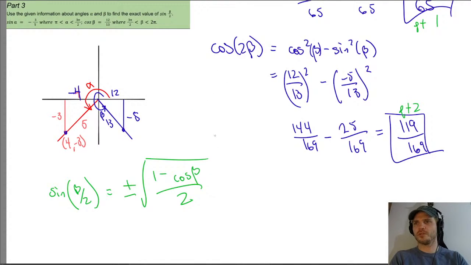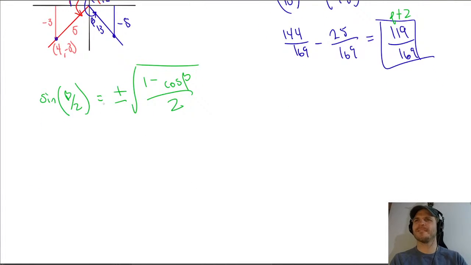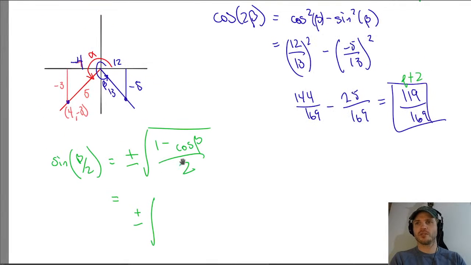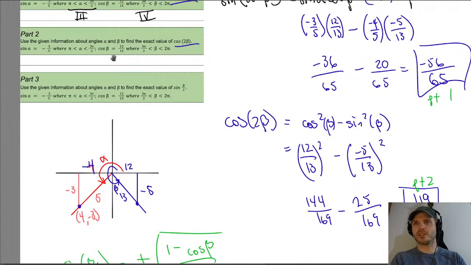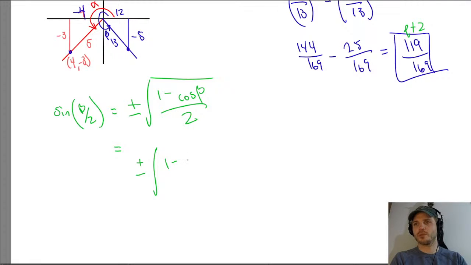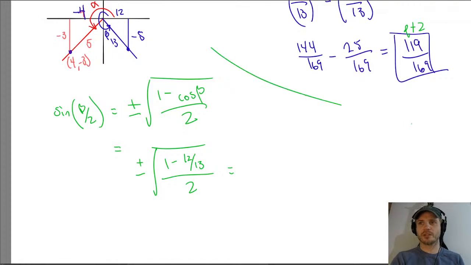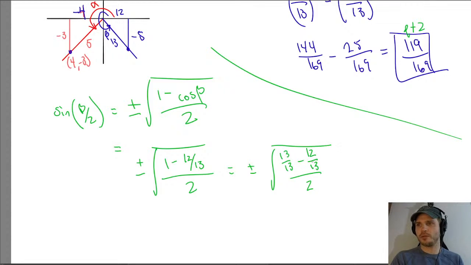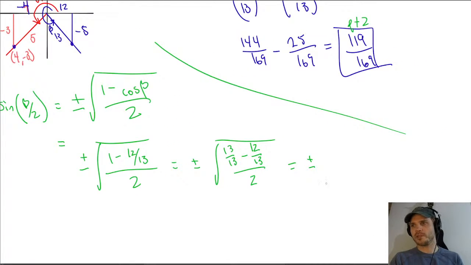Then what are we going to do? So let me get rid of that so I don't confuse anybody. All right. Then we want plus or minus the square root of 1 minus cosine of beta, which cosine of beta is given to us as 12 over 13. So it's 1 minus 12 over 13, all over 2. So I'm just going to simplify underneath this radical here. Plus or minus, which we'll determine at the end. So 1 is the same as 13 over 13 minus 12 over 13, over 2. And 13 minus 12 is 1 over